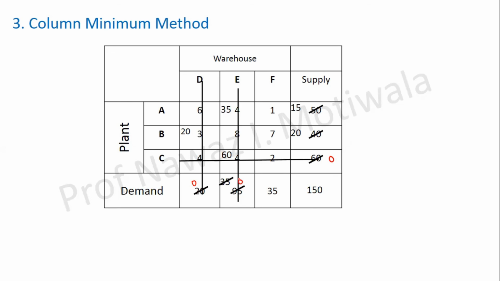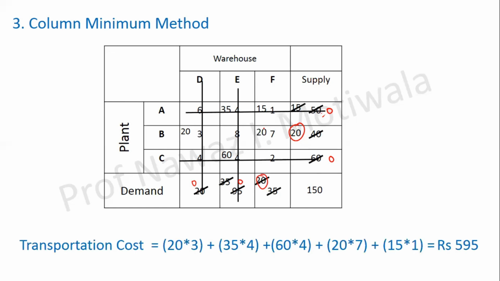Okay. So अब ये column भी चला गया. Now the only column remaining is F. And in that, what is minimum? 1. So I will allocate there. So allocation will be 15 and 35. So 15 will be allocated. And once 15 is allocated, this will become 0. This will become 0. And this will become 20. So this will be cancelled out now. Now you can see we have reached the balanced one. Here it is 20. Here also it is 20 and only 1 is remaining. So here it will be 20 and the rest of the things will go off.